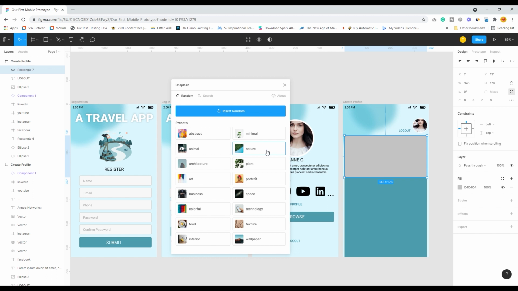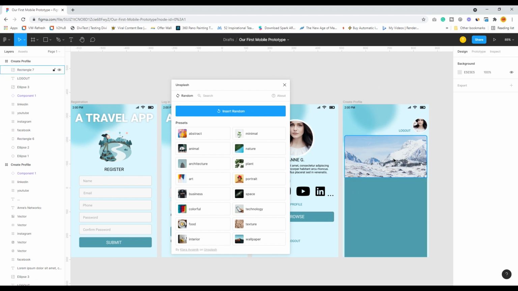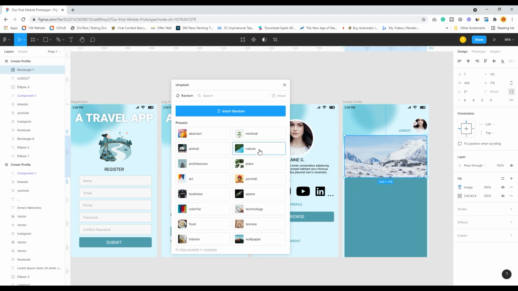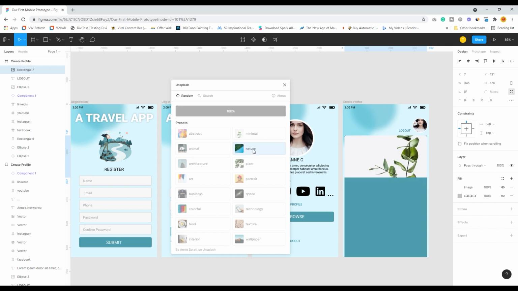I will just click on this particular nature image. Perfect. If I don't like this particular image, I can just go on clicking till I get a very nice image as a hero image.